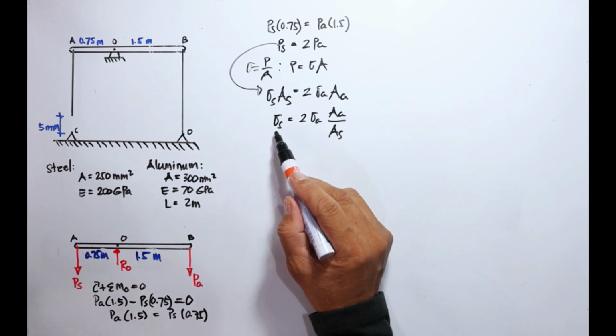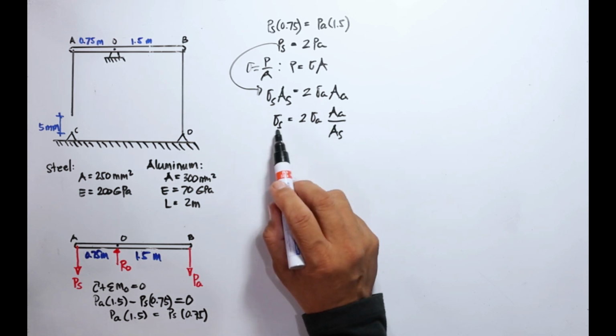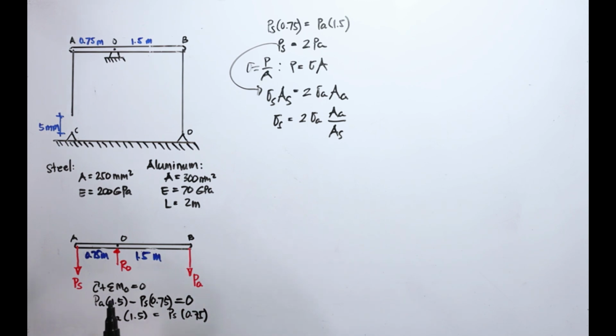We don't have the values for stress in the steel and stress in the aluminum, so we have two unknowns here. And we can only use this equation, because if we are going to sum up vertical forces to add one more equation, that will involve R sub O. We'll just increase the number of unknowns. So we'll get the second equation from the geometry of the deformation.